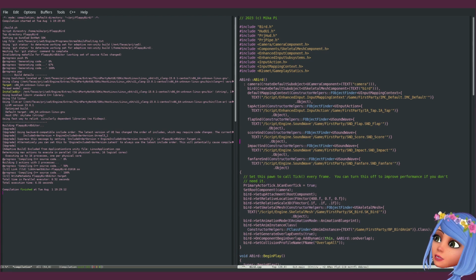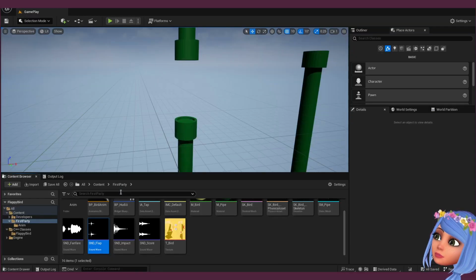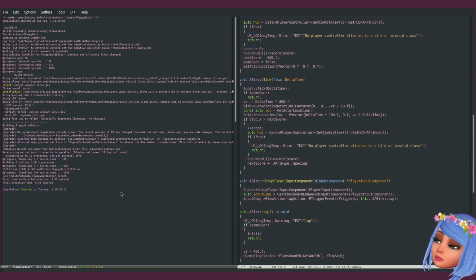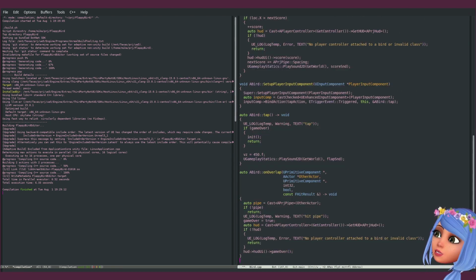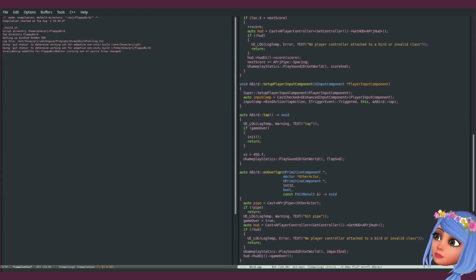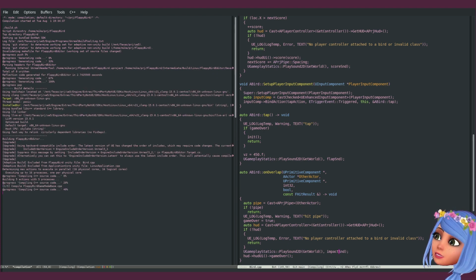Okay, now we can play it, and to play it we do here flap sound. So this is for flap sound, and for score sound we would do here score sound, and for impact sound it's on overlap impact. So we should have all sounds but one for fanfare, and let's test it out.